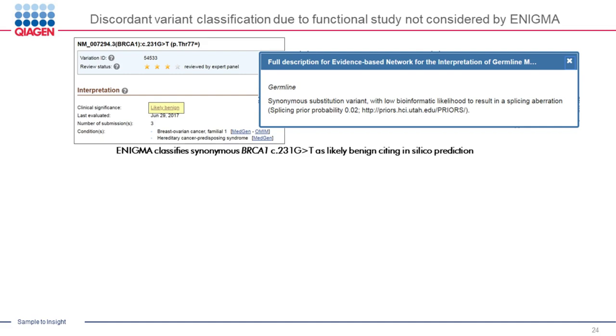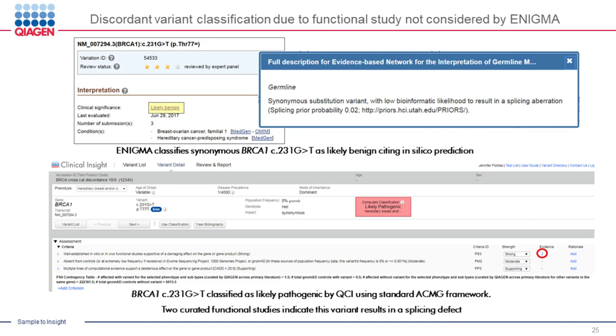So now we'll look at a discordant variant, okay? For this particular synonymous variant, the Enigma panel called this likely benign, and you can see in the evidence that they're citing an in silico prediction, and that's the evidence that they're providing. However, in QCI, we actually call this variant likely pathogenic, and this is using, of course, the standard ACMG framework,